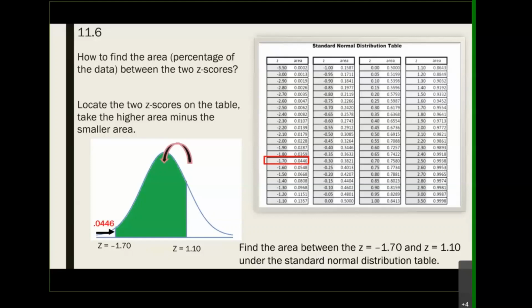The corresponding area is 0.0446. Everybody see that, that's what we have from the left to that z-score. And now the second thing is we have to identify where is my 1.1, same as before, 0.8643, right? Think about this: if you walk from left to right, up to a Z of 1.1, that is, let's say, 86% to make it an easy number, right? So if we walk